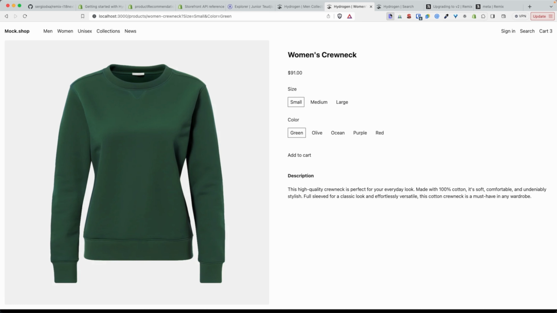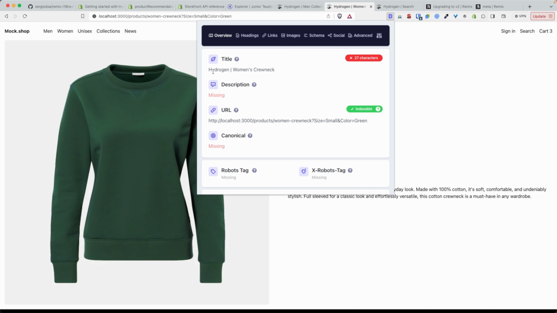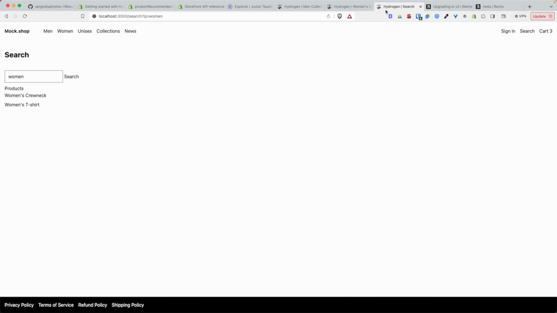Same thing for the product. Right, you see here, this is the product page for a women's crew neck, and there's no description, and the same error, the hydrogen, which is the storefront name in this case, appears before the product title. And finally, for the